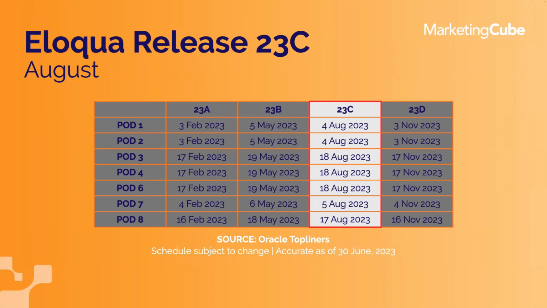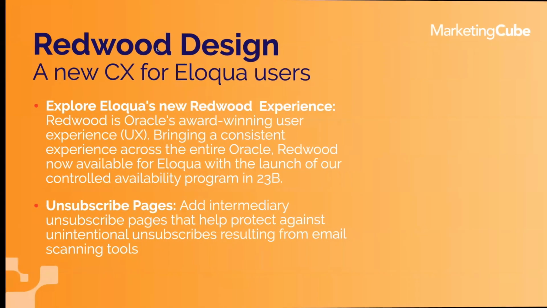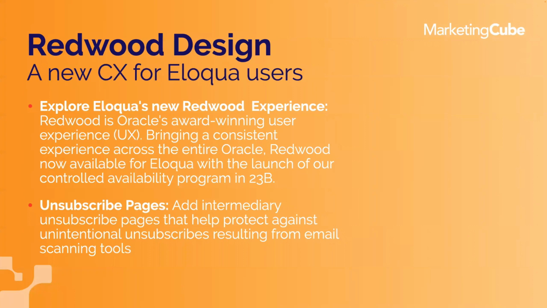So pod 1, 4th of August, pod 4 around the middle of the month, something to look forward to. We don't have specific details yet, except that we know there'll be more Redwood functionalities. So the Redwood design experience will be expanded and pushed into additional areas of the platform. Which areas? We don't know that either just yet, but I believe there is a webinar with the US product